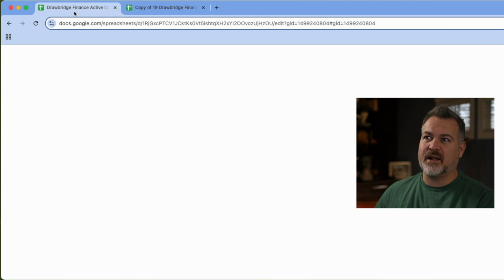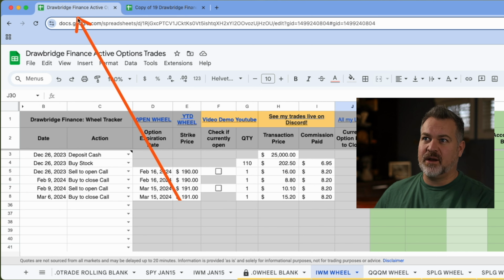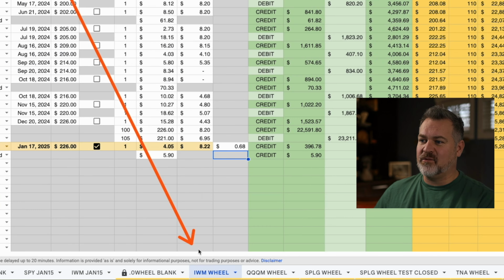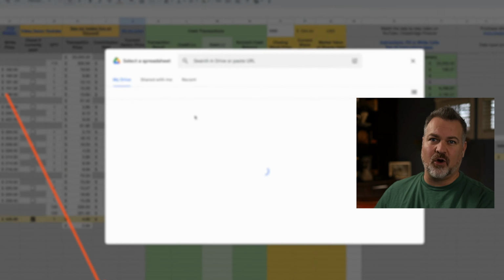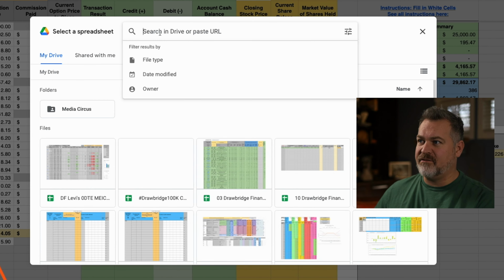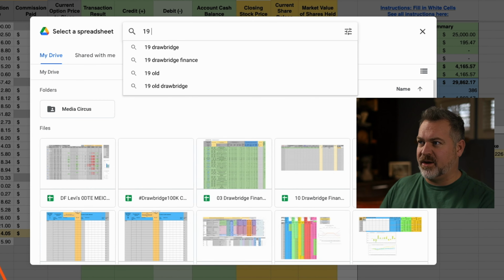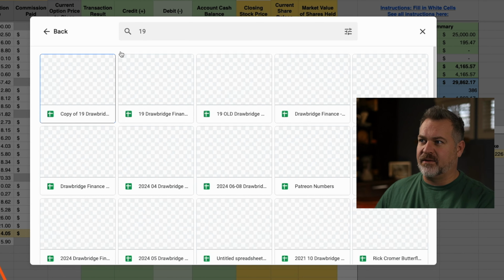So I'm just going to go back to the tab that I have. Looking up here, I'm looking at my sheet, and I'm going to simply right click on one of my trades, and I'm going to say copy to, existing spreadsheet. Now it's going to open up my drive. I'm just going to search in here for number 19, hit enter, and you're going to see that I have